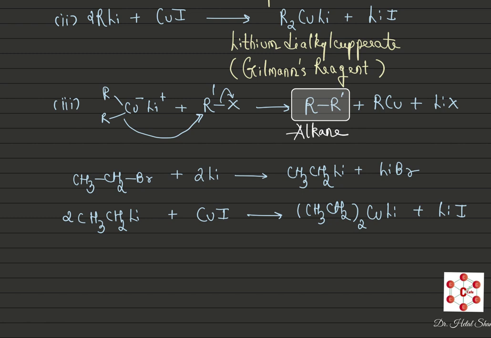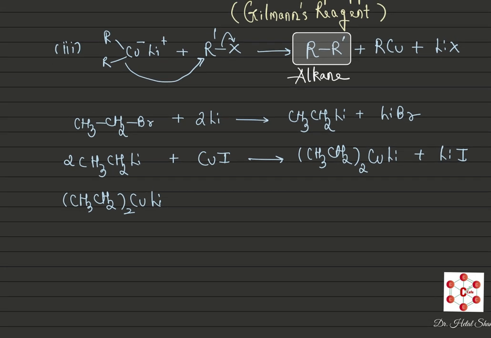Now (CH3CH2)2CuLi, this is ethyl lithium, and this is lithium diethyl cuprate, and this is supposed to be reacted with, let's say,